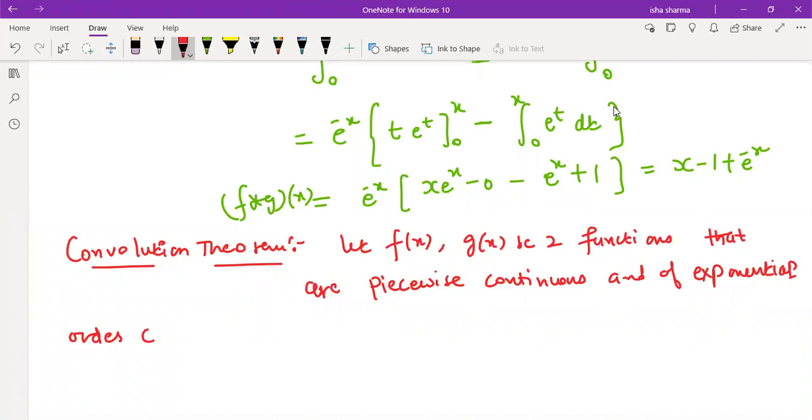I'm still to introduce these two terms. This part I have left for the end of the chapter. When we finish the chapter, I will explain the meaning of piecewise continuous and exponential order. Right now we are just assuming them and using them for the statements, for all x greater than or equal to 0. These are actually the two conditions for Laplace transform existence: if f(x) and g(x) are two functions whose Laplace transform exists, then the Laplace transform of f star g of x is equal to